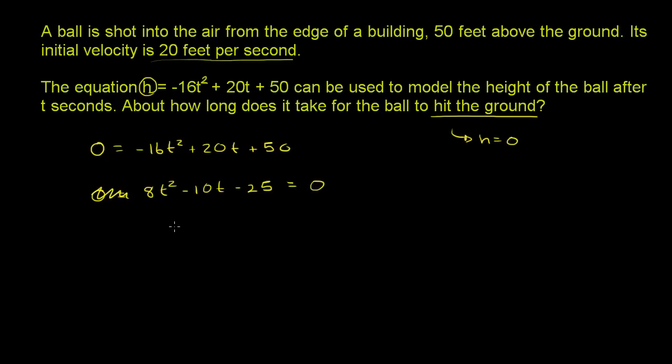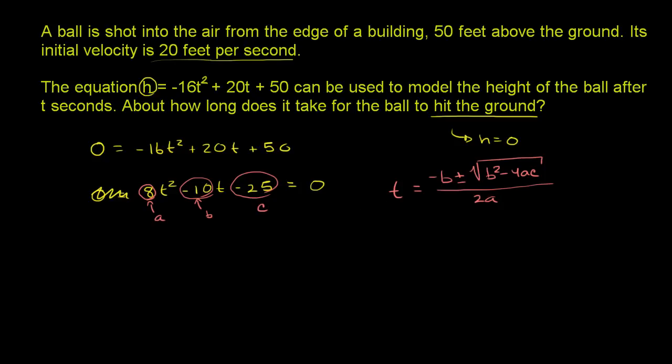And now we solve. We could complete the square here, or we can just apply the quadratic formula, which is derived from completing the square. We have this in standard form. We know that this is our a. This right over here is our b. And this over here is our c. And the quadratic formula tells us that the roots, and in this case it's in terms of the variable t, are going to be equal to negative b plus or minus the square root of b squared minus 4ac, all of that over